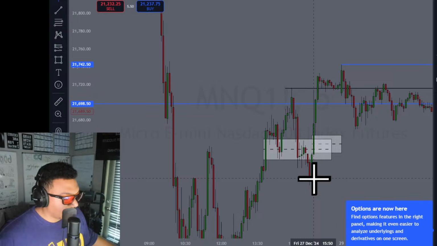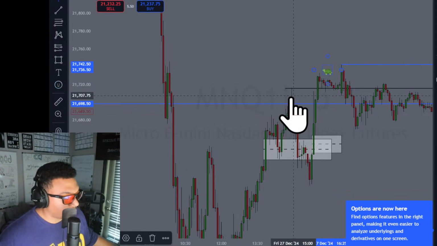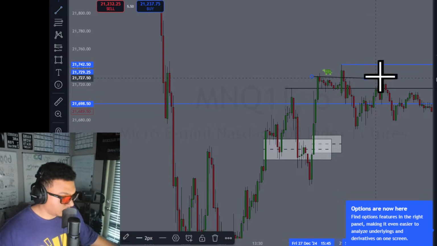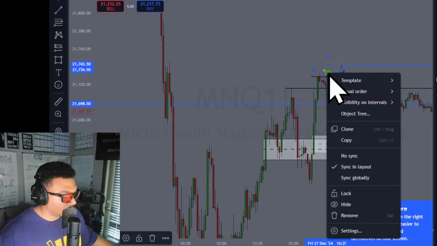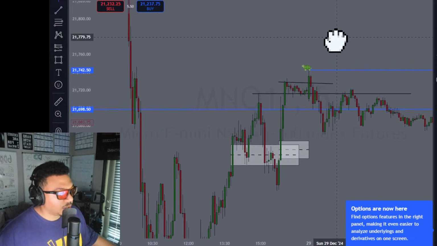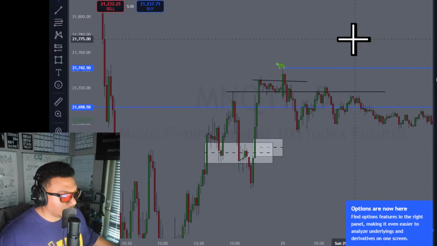Now, how could you have entered to take this trade? There's multiple ways. Number one, you can trade turtle soup, which is when it breaks above this level, and then there's a second break above a lower time frame level, which is, this is a break above a level right here, and this is another break. Then you could have taken a turtle soup trade. That's what I would have done, right? That's how I trade. It's aggressive, but as long as you manage your risk, you can scale into these trades, and it really works out well.